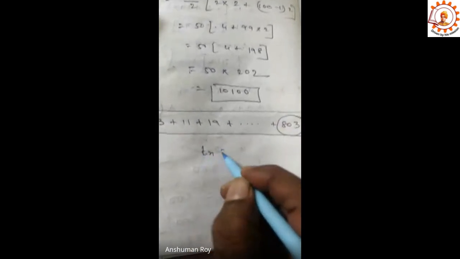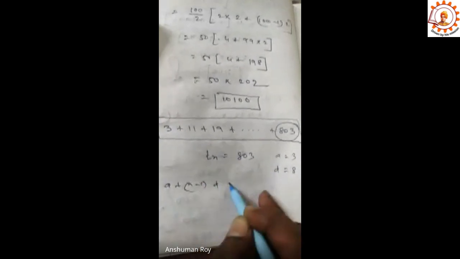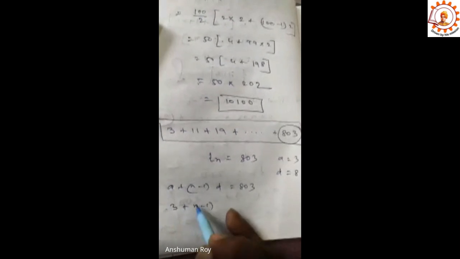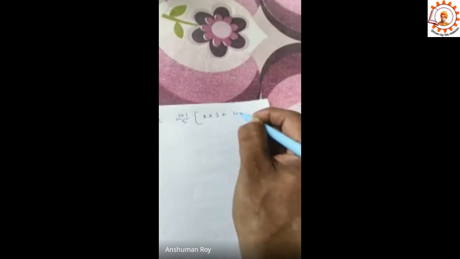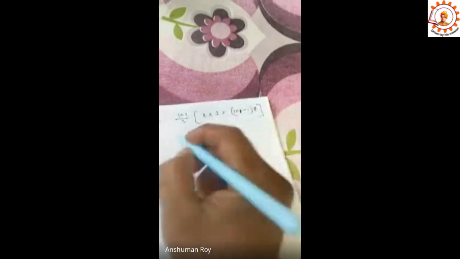দাঁড়াও তো আমি দেখি। দেখো, এই টার্মটা কত আমি জানি না, ধরে নিচ্ছি n-তম টার্ম হচ্ছে এইটা। a এখানে কত আছে? 3। d কত? 8। তাহলে n এর মানটা হচ্ছে 101। তাহলে S101 = n/2 × [2a + (n − 1) × d]। ব্যাস।